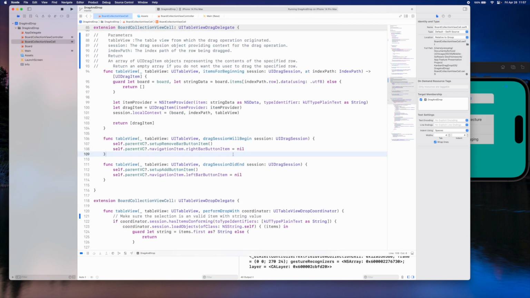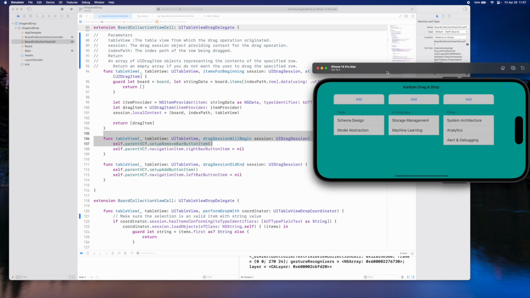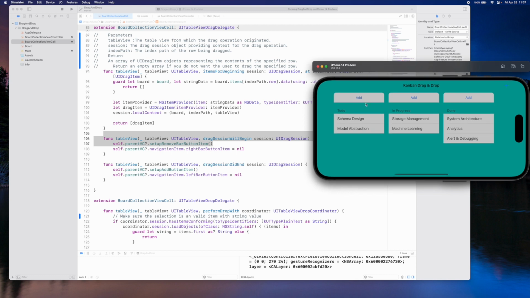And line 99 indicates that the track action is actually extracting a string value behind the item. Then the following two functions define the interactions with buttons from the collection view controller while you're dragging or when the drag action ends. Let's put up the simulation again. We will see that when an item is being dragged, a deletion button will show up in the left corner, and the plus sign will disappear on the top right corner.